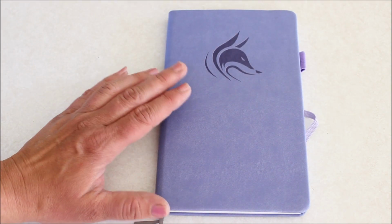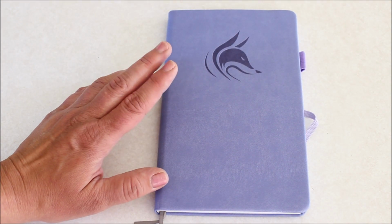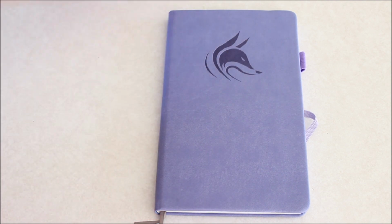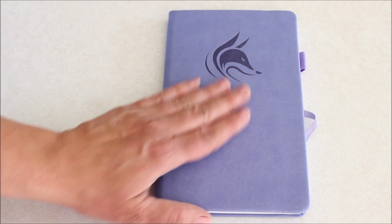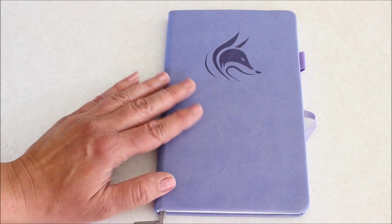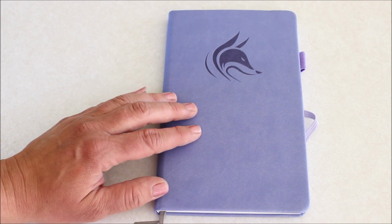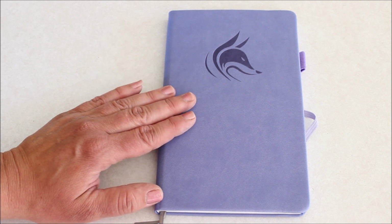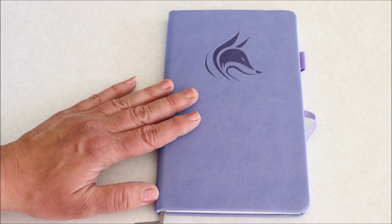So the color that I have is the lavender, and I'm excited to use this. I love it. I think it is so cool. I love the size of it, and I love the feel of the cover. It's just smooth and nice. I just love it. But anyways, I am going to be using this dotted notebook as an inspiration journal,